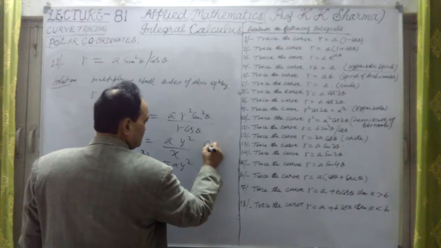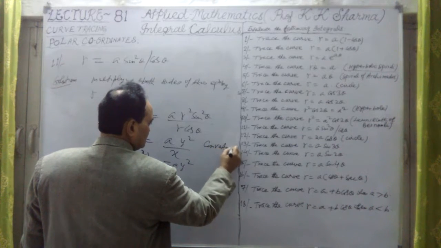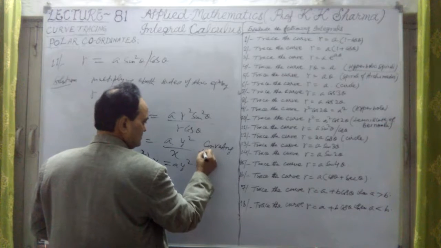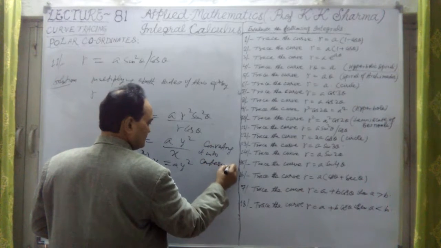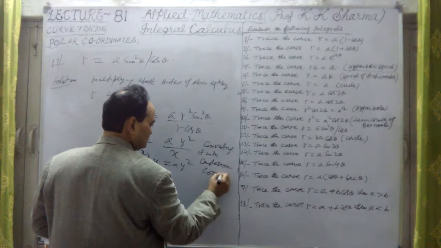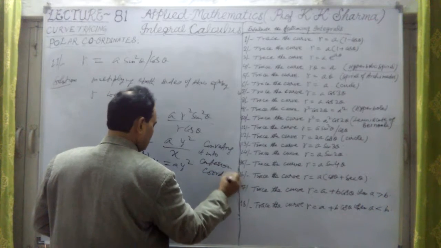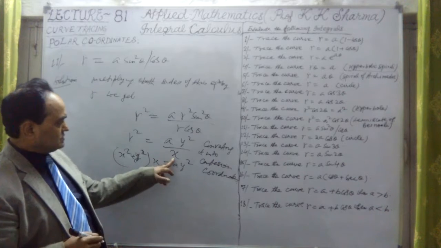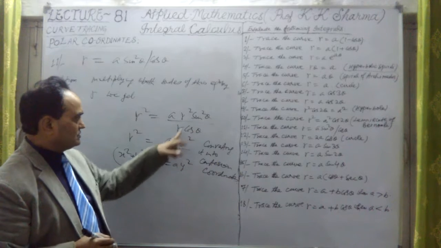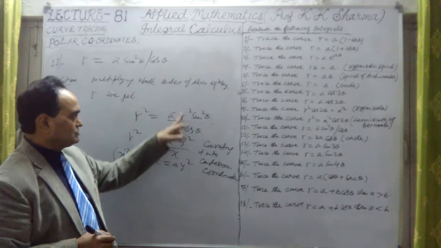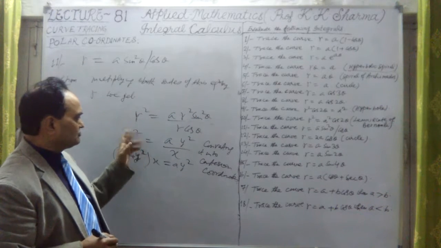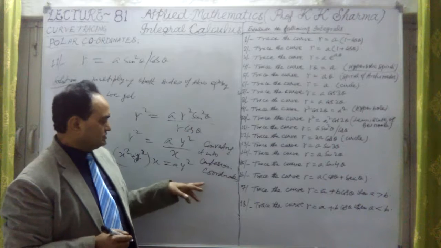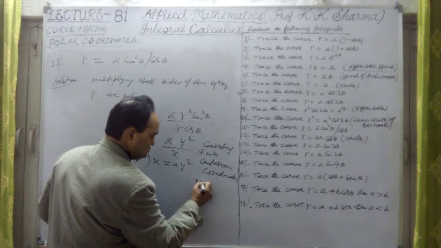Okay, so converting it into Cartesian coordinates. Here r cos theta is x and r sin theta is y. But r square is not x square plus y square, because if I square these values, where r is equal to